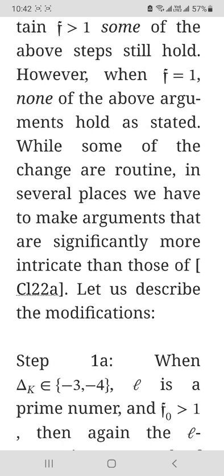However, when f is equal to 1, none of the above arguments hold as stated, while some of the changes are routine. In several places, we have to make arguments that are sufficiently more intricate than those of